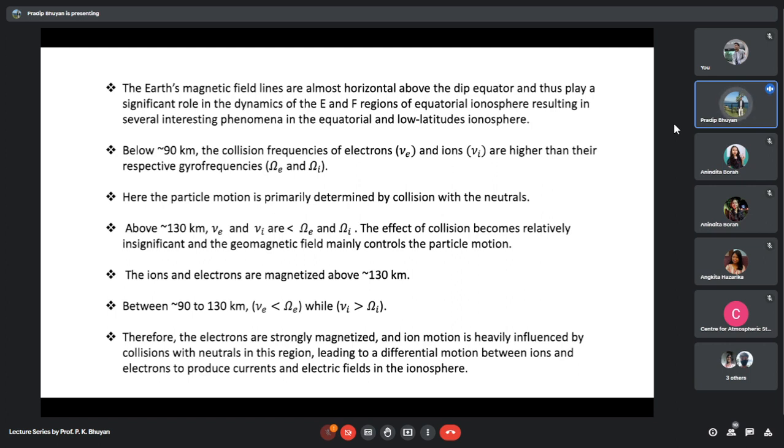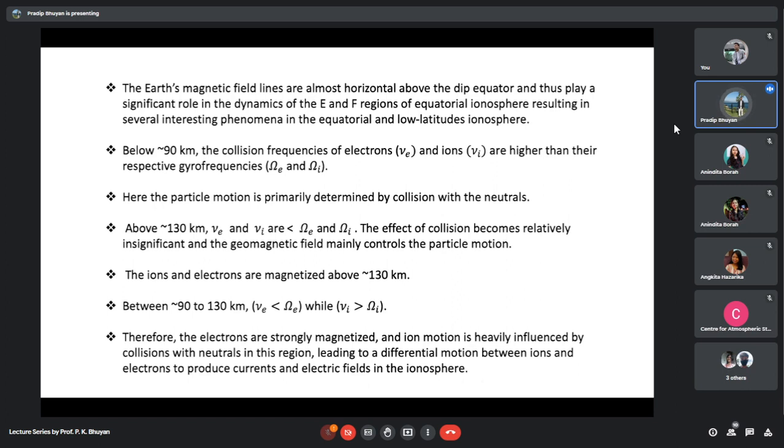So what will happen? Leading to a differential motion between ions and electrons to produce currents and electric fields in the ionosphere. This is the main reason why you get currents or electric fields in the E region. Okay? In the F region also we will have currents. We'll see that later. But within